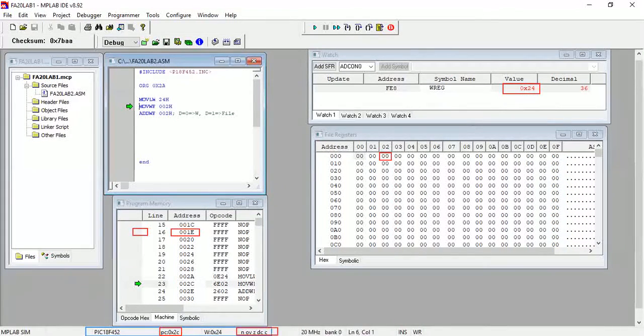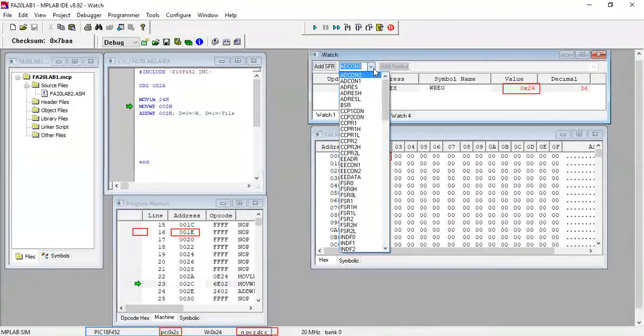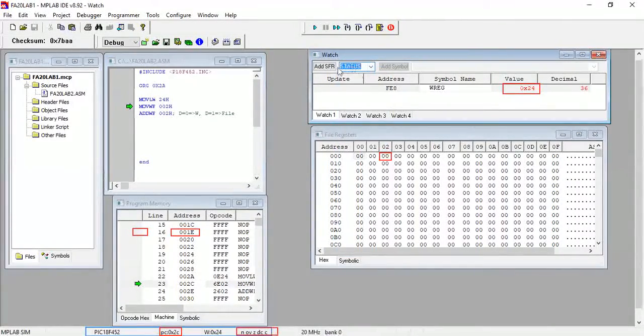Furthermore, there is no change in the file registers or in the status register. We can see all the flags or all the conditions are still small, and one can also use this watch function for the status register. Let me highlight it, status, yes, over here, status, and then LSFR. So right now all the flags are 0. That is why this 8-bit register value is 0, right? So all the carry flags or all the flags present inside the status register are 0. That is why the value of the status register is 00 hex, right?